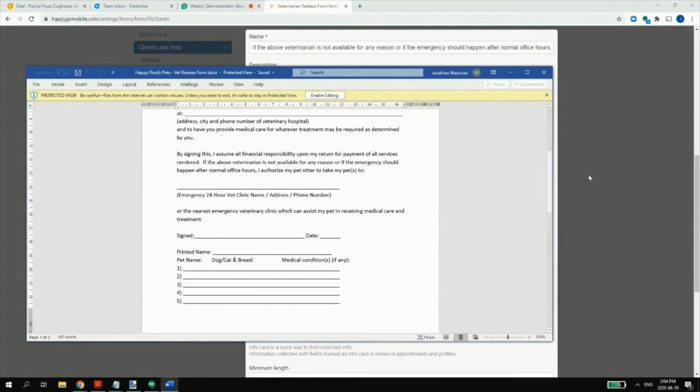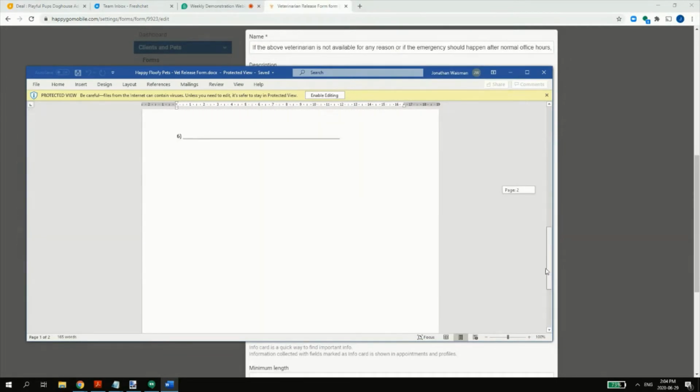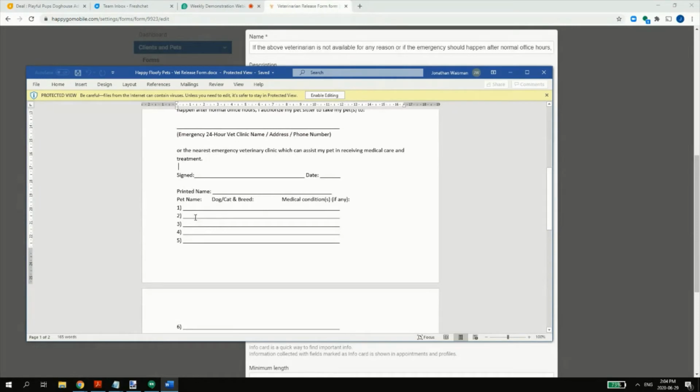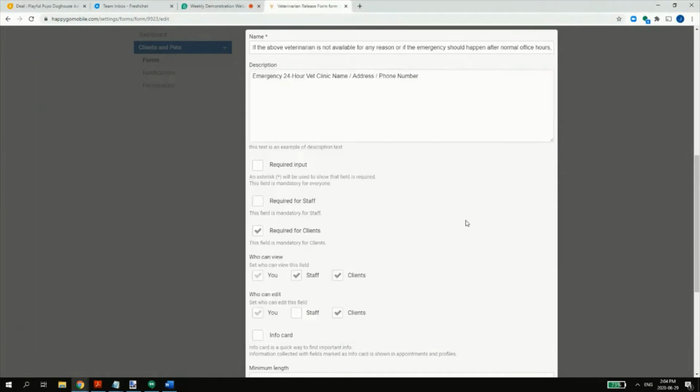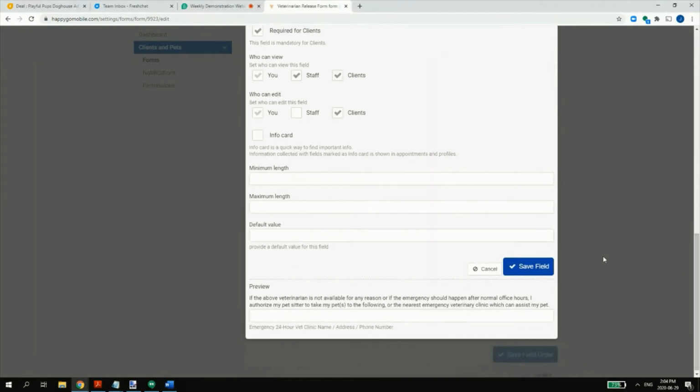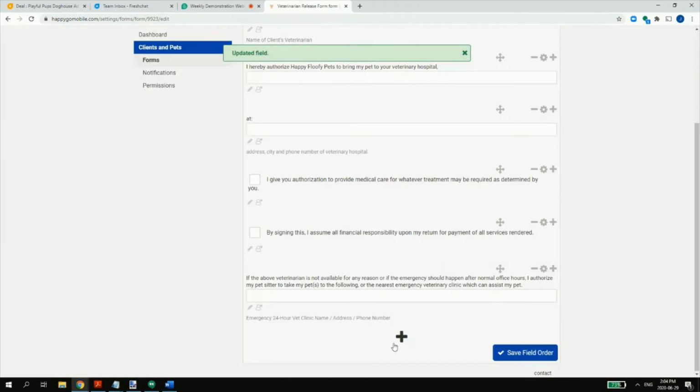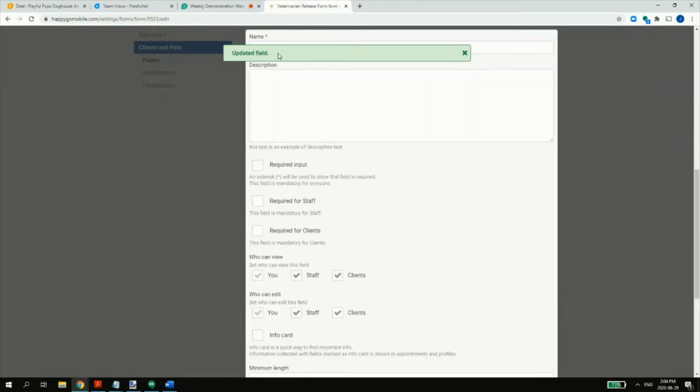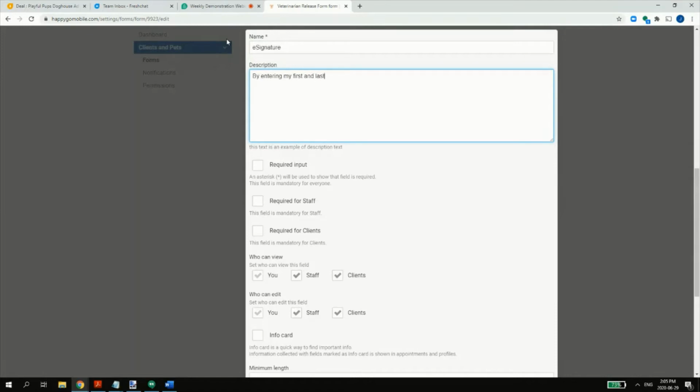We don't need this part of the form because it's two-dimensional, right? So you would pull in your dogs here, but here we're creating a form for each pet. So there's no need for that part. So we add an e-signature. E-signature, say by entering my first and last name above,